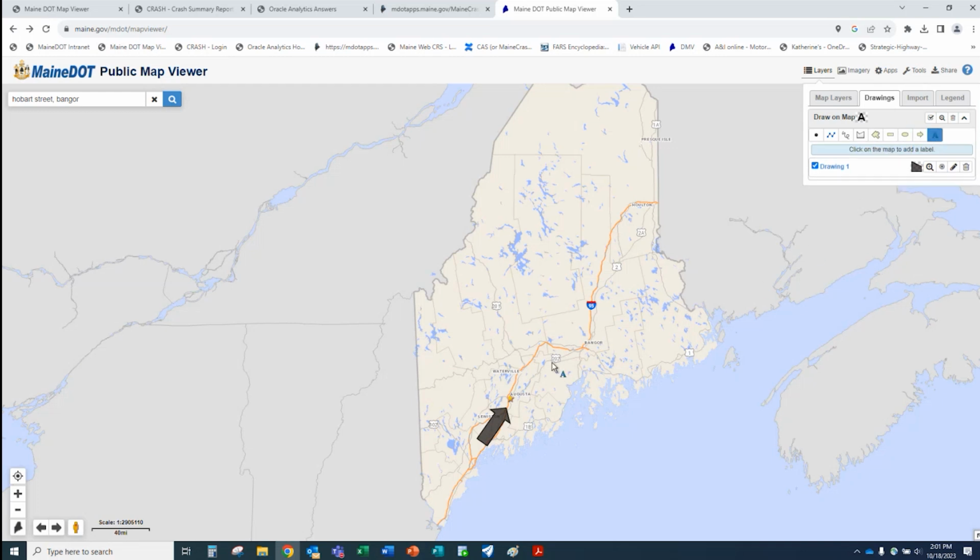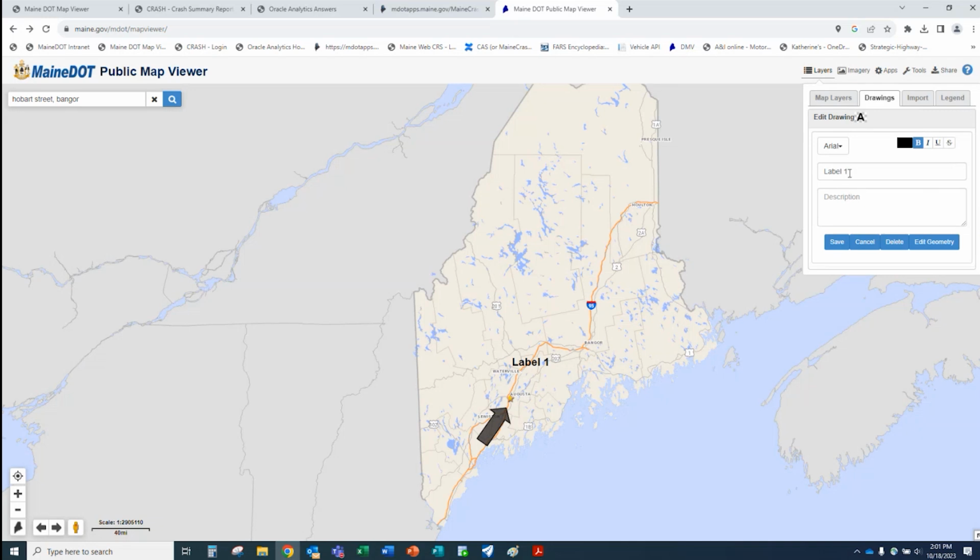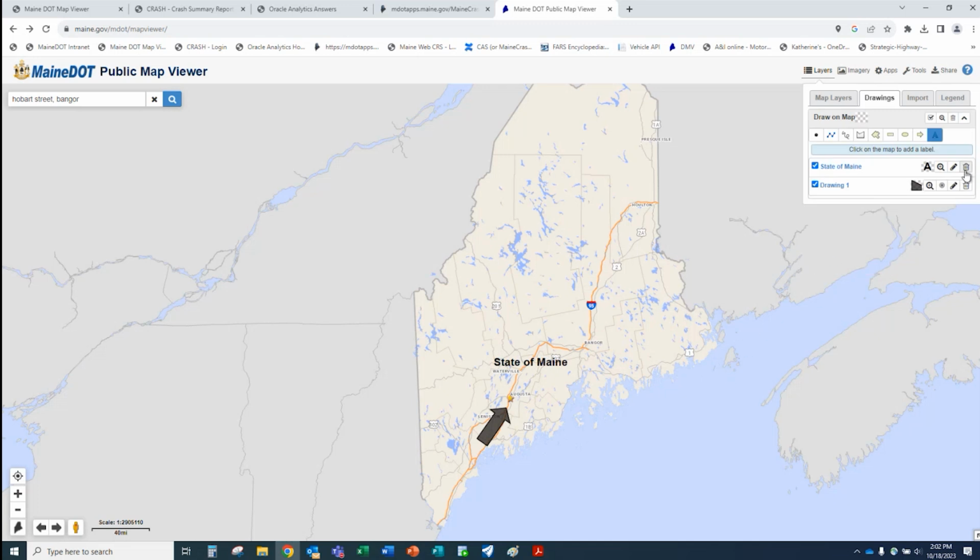You can also put in text and write whatever you want. I'm not a very good typer, in case nobody noticed so far. All right, and then they're very simple. You don't even have to delete them; you can leave them in there. You can create all these things, and you can toggle them on and off.